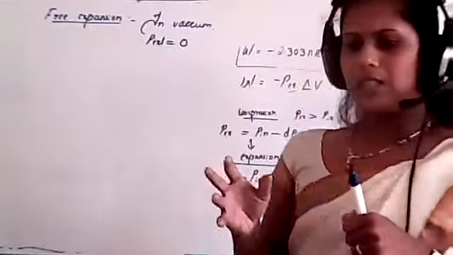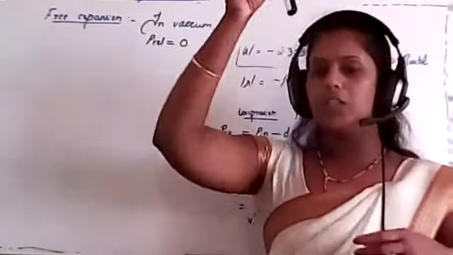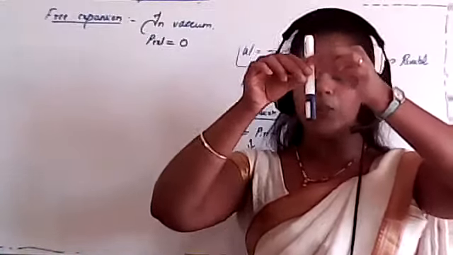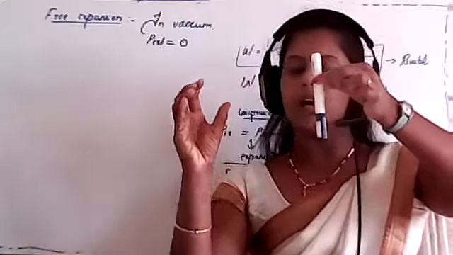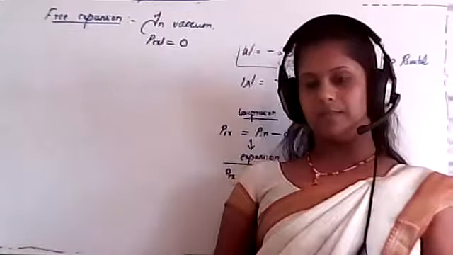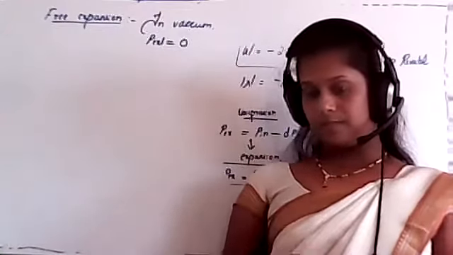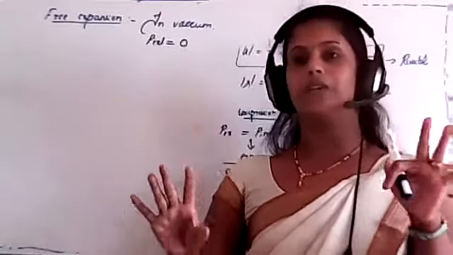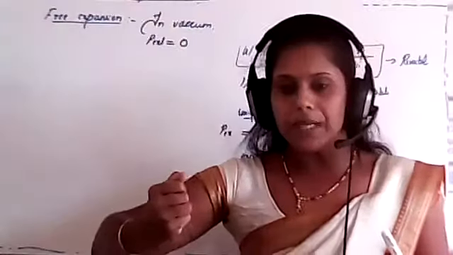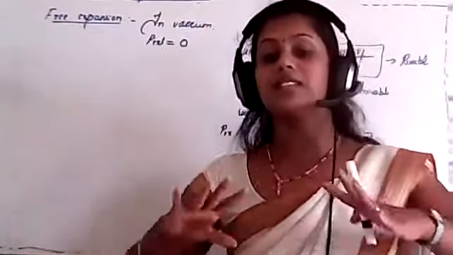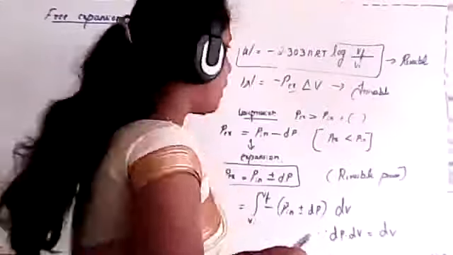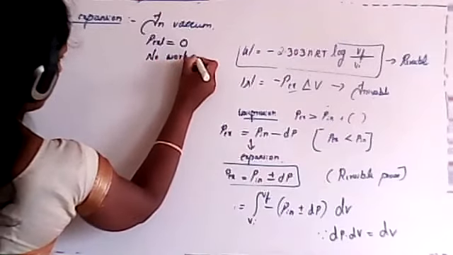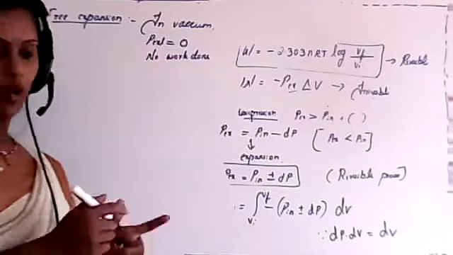Here we draw a piston. There is no pressure over that piston. Now what will be the work done on the system? Zero. That means no work is done over the system, because there is no external pressure itself. Just think, student, pressure is zero. So that's why no work done.